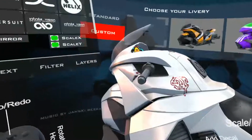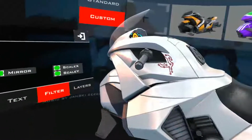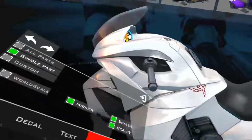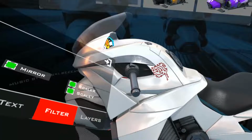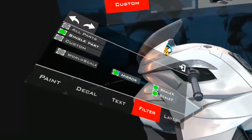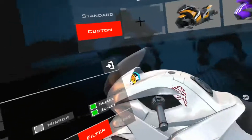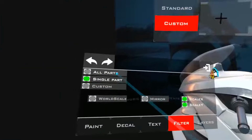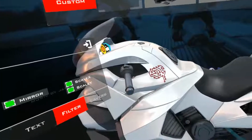So the way you can counter that in most ways, most times, is single part. But in this case, you might be able to see it here, just there. There's a single part, but if you move it there, it's appearing on the other side because it's still mirrored. Turn that off, it doesn't happen. So in these cases, you'll have to sort of work between single part and maybe custom setup and mirroring and not mirroring, because